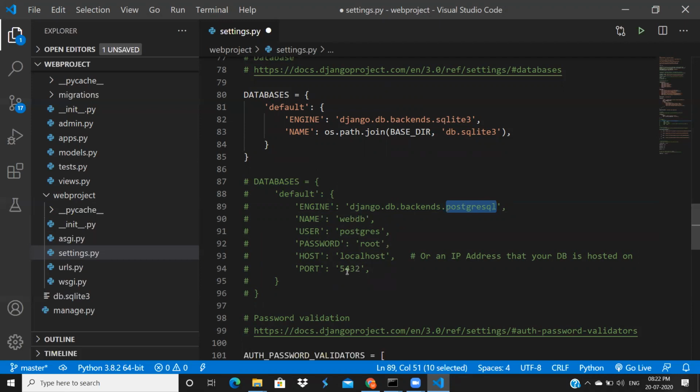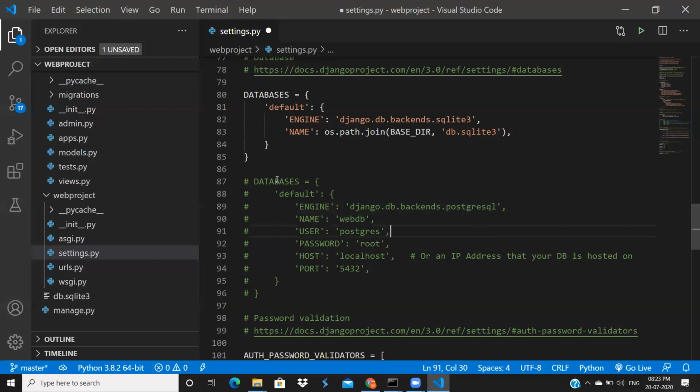Remaining all things are the same. The port will change, and the username, password and database name are your own choice. But the engine will change for every flavor: one setting for MySQL, one engine for Postgres, and one for Oracle. You have to change this engine.